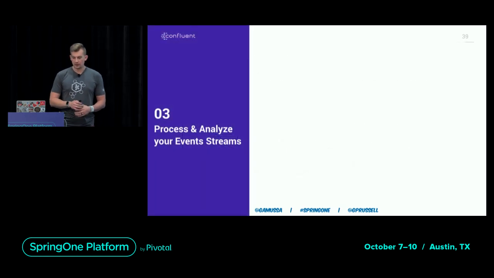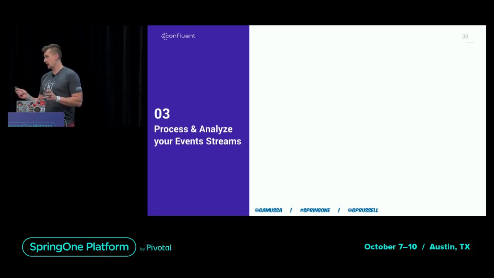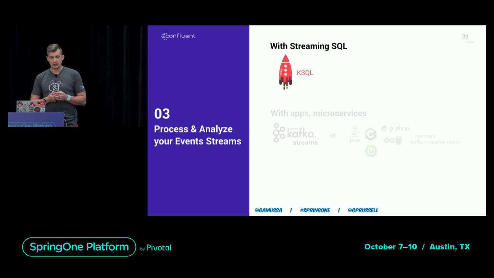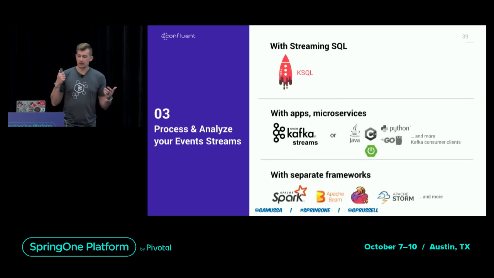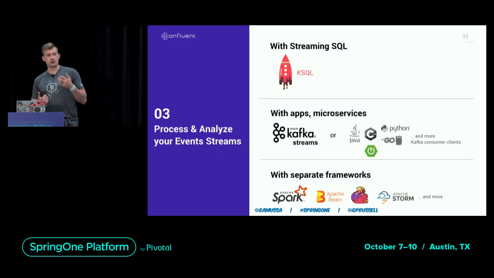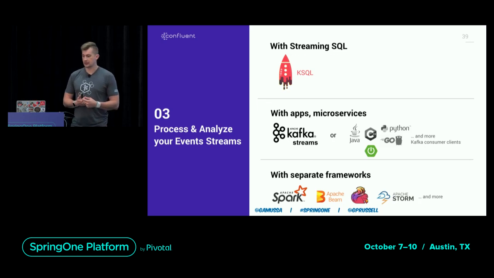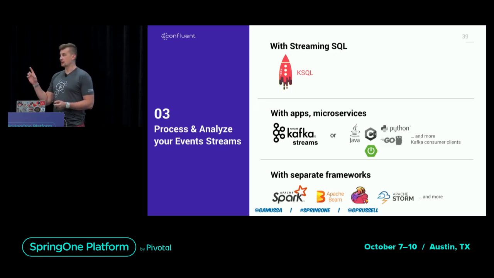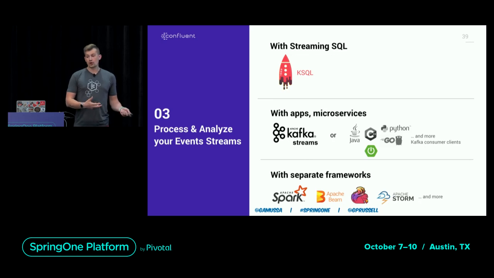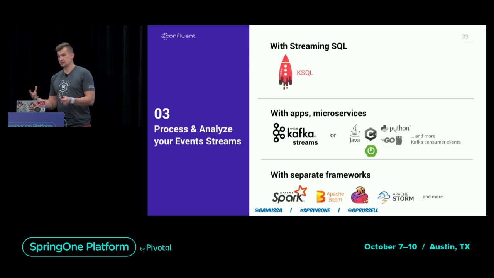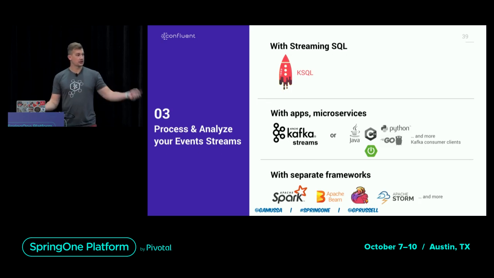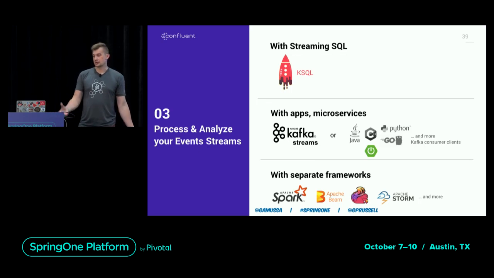Now, let's talk about another aspect, how we can do something useful with this data. Maybe 2 years ago, we announced streaming SQL for Apache Kafka, which is KSQL. Different apps can be your processing logic. Kafka Streams allows you to do processing within your application without running multiple clusters. Or if you prefer running distributed systems, running clusters and things like that, you still can run this computational aspect apart from the application logic.